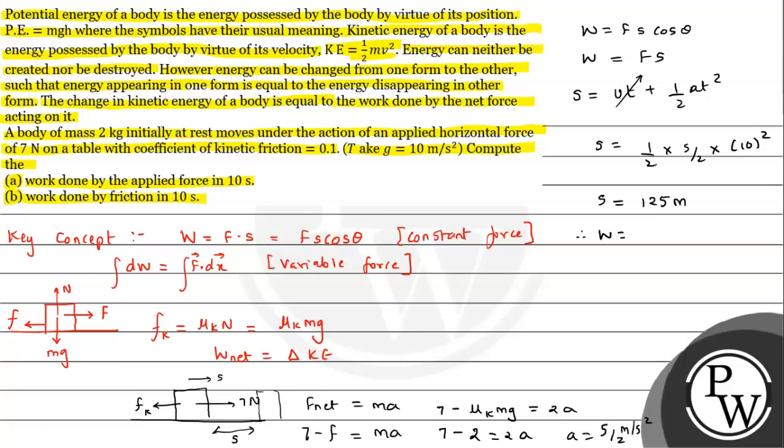therefore work done क्या आ जाएगा, फोर्स हमें गिवन है 7 न्यूटन, वर्क डन हमें कैलकुलेट करना था बाय द अप्लाइड फोर्स, यानी कि अप्लाइड फोर्स कौन सी है, 7 न्यूटन की है। So 7 into displacement is 125. So this will be the result we are getting, 7 5 the 35, 7 to the 14, 17, 7 on the 7, 8, 75 joules. So this is what the work done by applied force we are getting for the first part of the question,